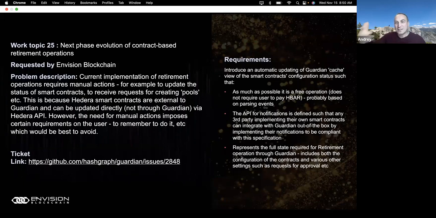Somebody can sell it, retire it, and transition it, and Guardian needs to be able to be current and display the current status to the users. And it's not a trivial task. It's doable, and clearly we've got a plan to do it, but it requires attention. So hence this ticket. Moving on to the next one, please, Prina.